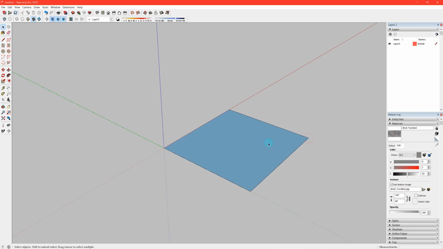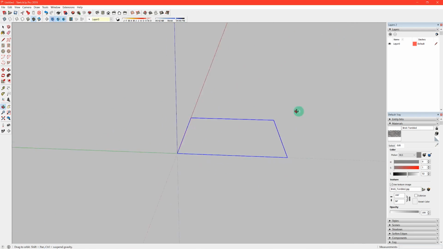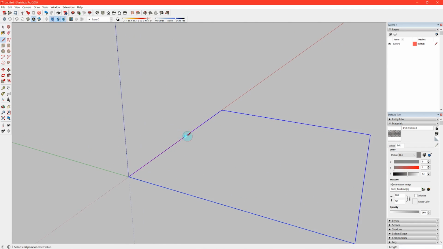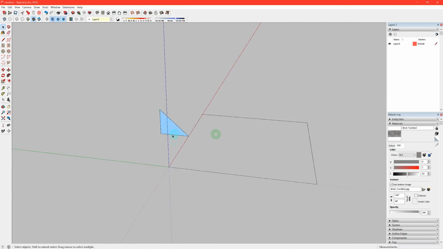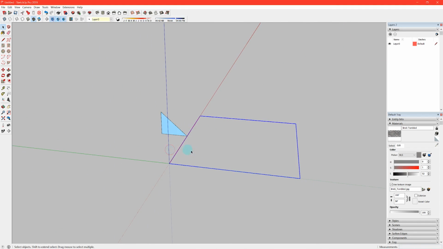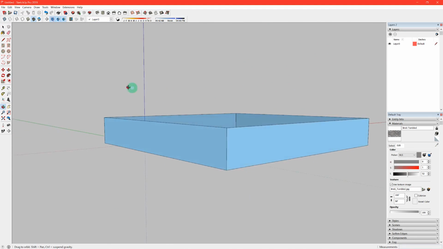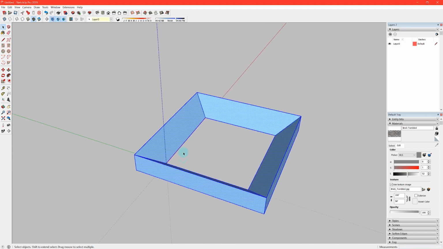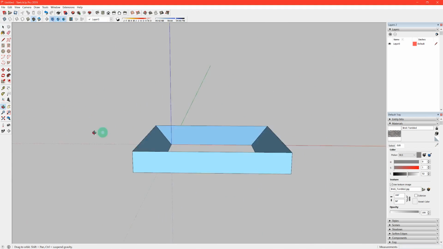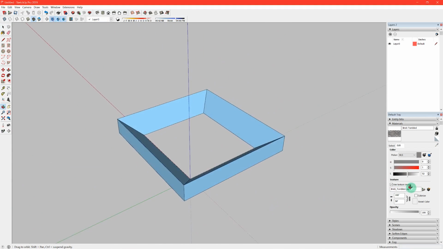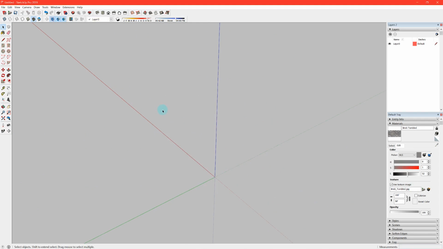The next thing I want to show you is the Follow Me tool. Just real quick, for this to work, you need a curve and a face that acts as a profile to be extruded along that curve. So you'll select your curve, and then you'll choose the Follow Me tool. And then if you click on that face, it's going to extrude it along that path. And this is really useful for everything from handrails to just about anything that you want a profile to be